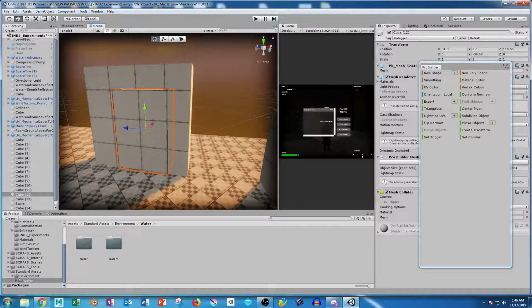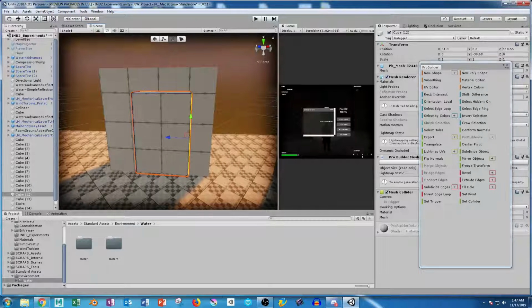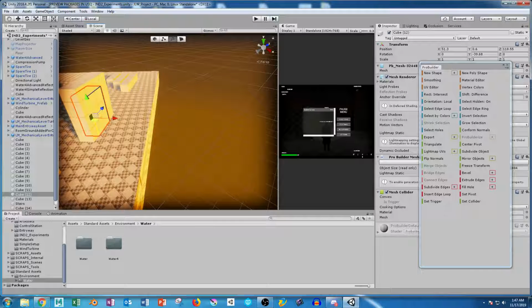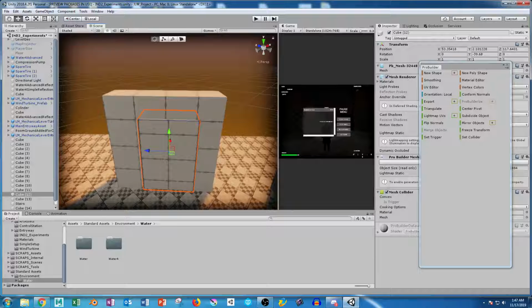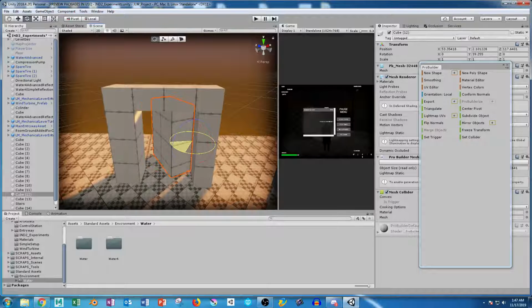Now, this is an okay looking door, but then you might want to be like, well, how do I pivot? And that's actually a fair question. I'm going to click on Edge. I'm going to select any one of these edges. It doesn't matter which one I select, but if I want it to pivot, like hinge right here, then I'm going to select this edge. I'm going to come over here. I'm going to click on Set Pivot. And what this will allow me to do is when I go into my component, I'll come up here where it says Center, and I'll click on that and change it to Pivot. So now the pivot will be right there on the edge that we just selected. As you can see, it now opens. Now you might notice right here, it's actually